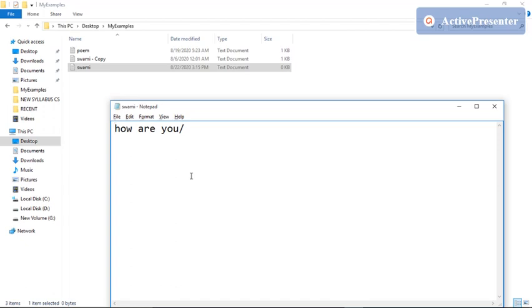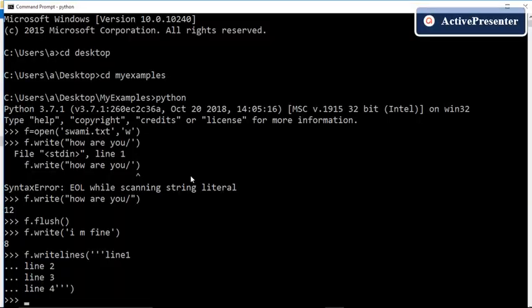The content that I have just written is temporarily stored on the buffer, and if I perform explicit flush using flush function, or if I use implicit flush operation while closing the file, then also the content will be transferred permanently.